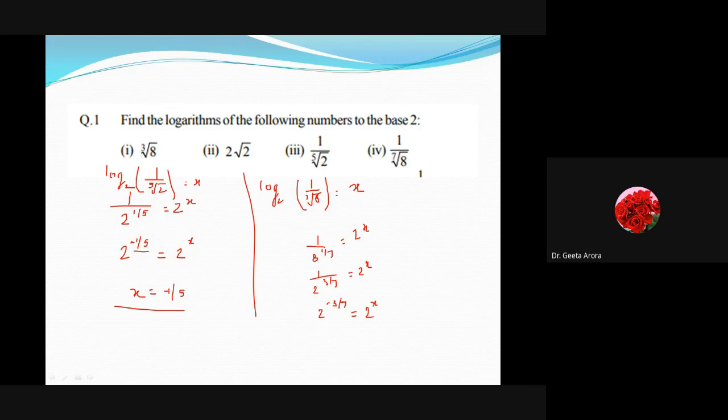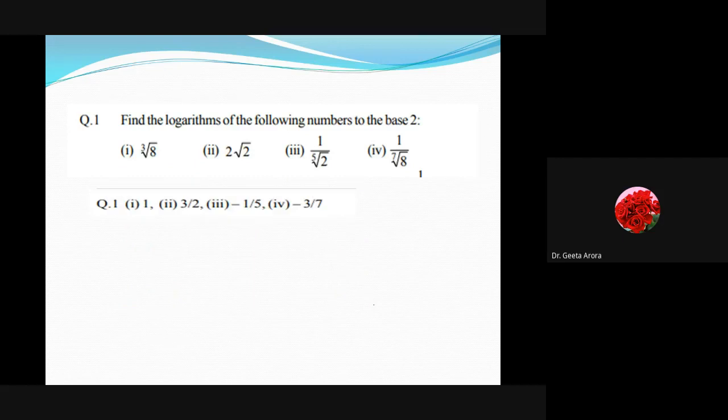Correct? Hope you are getting it. If still some confusion is there, you can let me know. Otherwise, the only scenario of having a mistake is we have not written 8 in terms of 2, and without writing 8 in terms of 2 you can't compare. That is a big mistake, because when we are comparing, the bases must be the same on both sides. Here the base was 2, which is given to us, so we have to write in terms of 2, and then compare the powers to get the answer. Correct? Let's start with the next part.